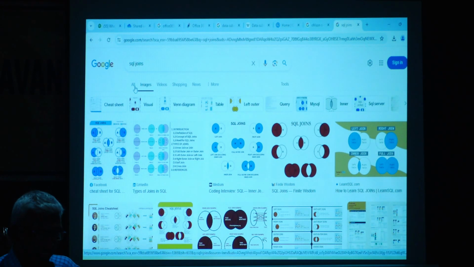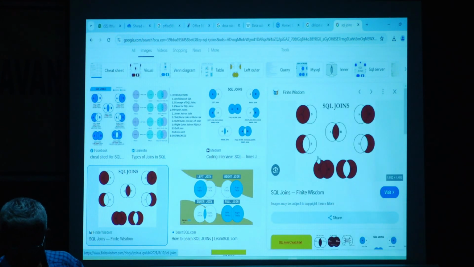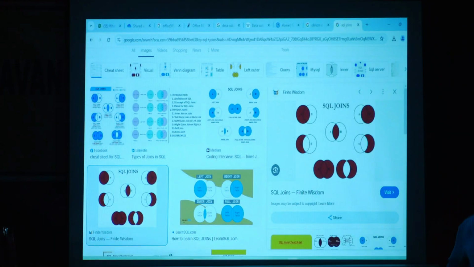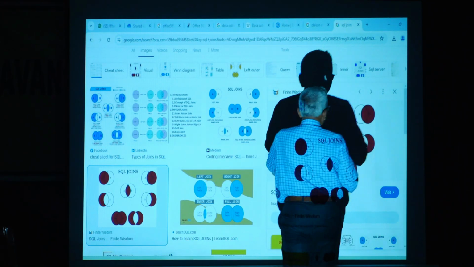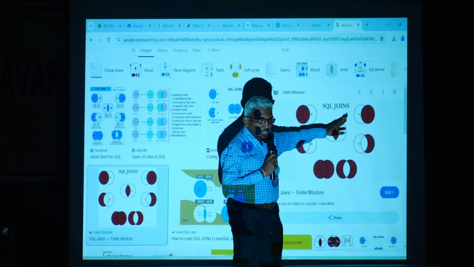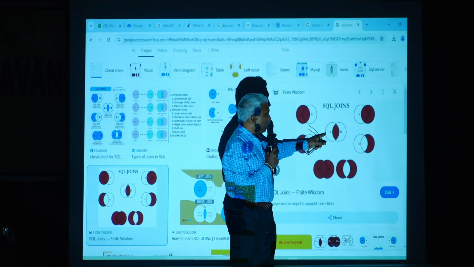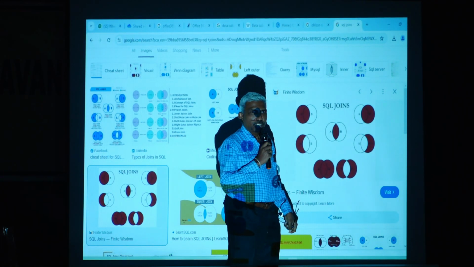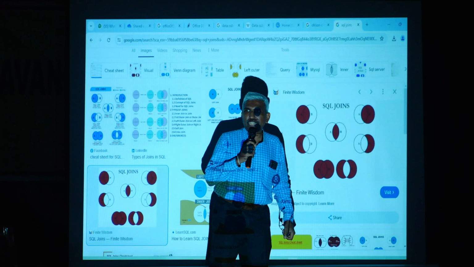What is this called? It's called a Venn diagram, okay? Hope you may be knowing about this Venn diagram. Let me click this image because it is a very nice one. Let me try to explain, okay? There are two tables, A table and B table: Tamil-knowing people and Kannada-knowing people. Then this is what? Both languages. In SQL joins,